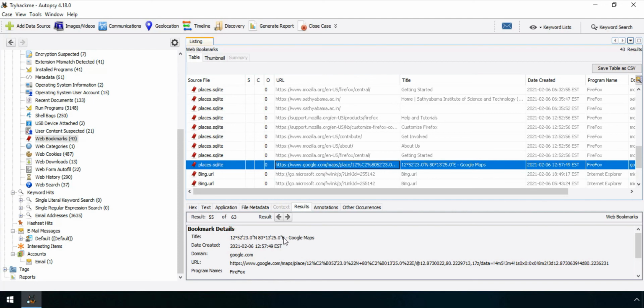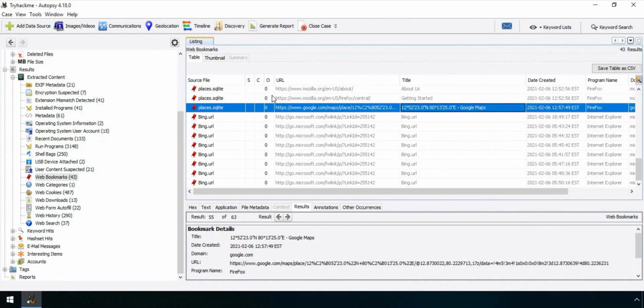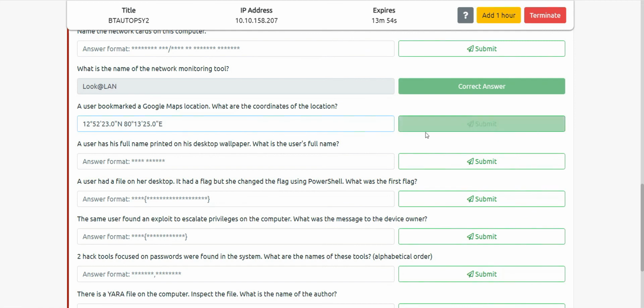And there are also the coordinates. The coordinates you can see here. So I will just write out the coordinates so that it will give me the correct answer notification. As I said, I just copied these coordinates which I found in the web bookmarks, and I'll just click on the submit button, and it says it is correct.